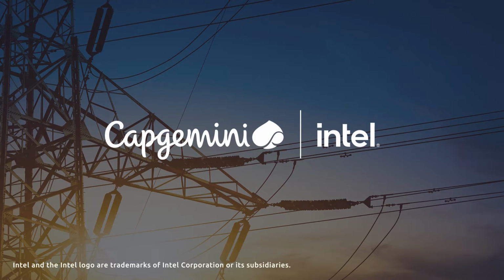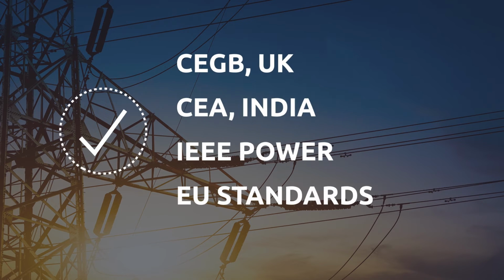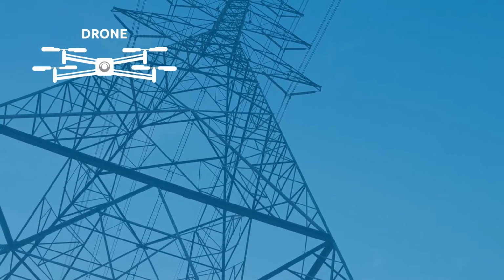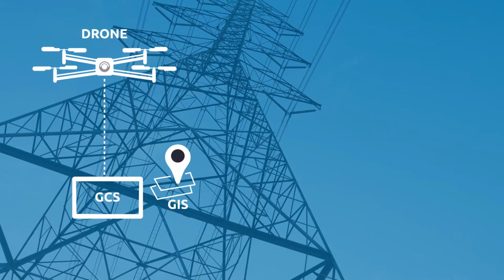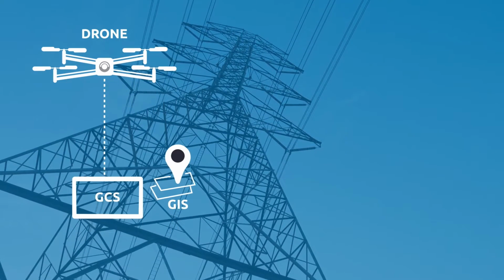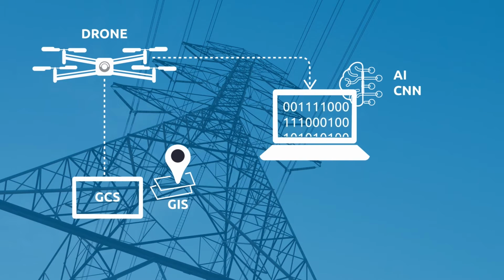Edge AI workloads are enabled via Intel's OpenVINO toolkit and Movidius video processing unit. Our solution complies with the T&D line maintenance strategy and the inspection safety schedules and practices. A GPS-enabled drone is controlled by a portable ground control system with GIS data to monitor the flight path, geo-coordinates and Powerline insulator condition. The data is analyzed using artificial intelligence, convolutional neural network algorithm,